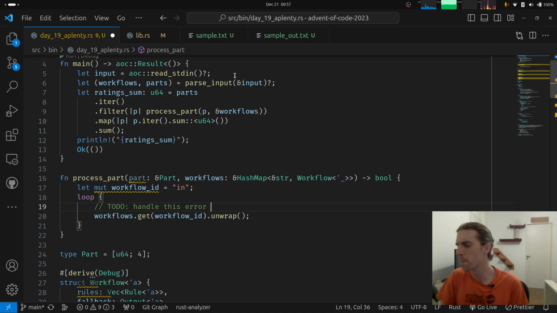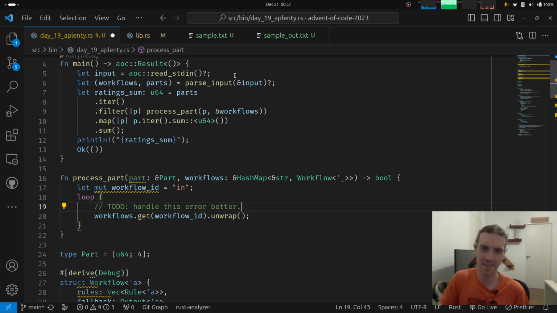But I don't know, that doesn't seem very graceful. I would prefer to catch that during, sorry, I'm being a bit slow, during parsing, of course. So yeah, handle this error